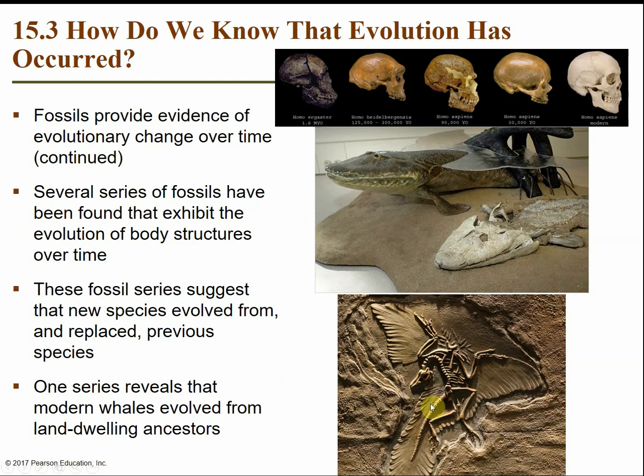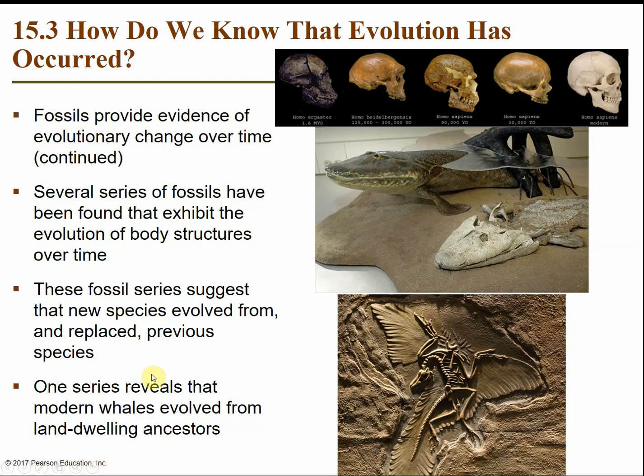So this figure is the Archaeopteryx, which is considered the missing link between dinosaurs and bird evolution. This is one of the transitional species to, or from, maybe modern alligators and crocodiles. And this, of course, is the progression of human evolution. So we have our early ancestors 1.6 million years ago, all the way to modern humans, and we see this progression and change over time.